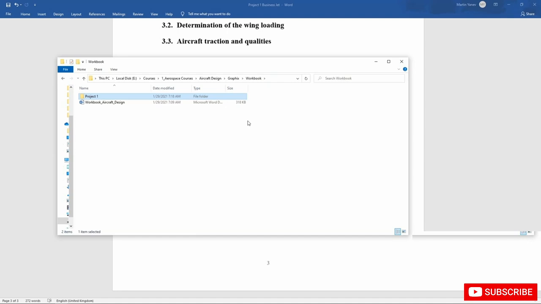So inside the resources area, which is attached to the first lecture of this section, which is actually this lecture that we're currently having, you will find a few things. You will find your workbook for aircraft design, which is this one, okay? And also you will find the project one. And in the project one, you will find the Word file where we're gonna write and include all our tables and explanations for the business jet that we're going to develop,